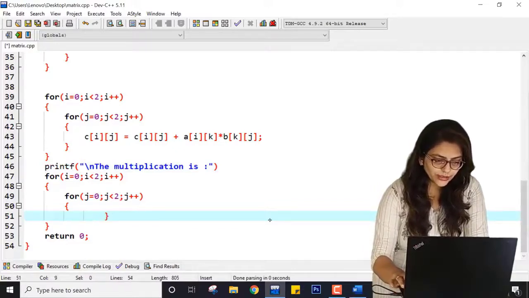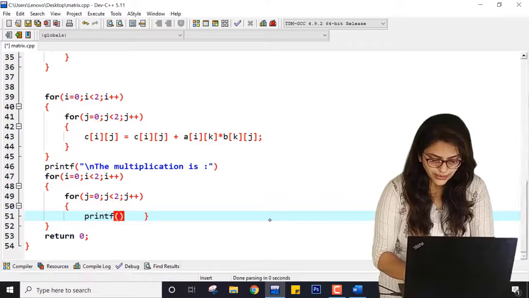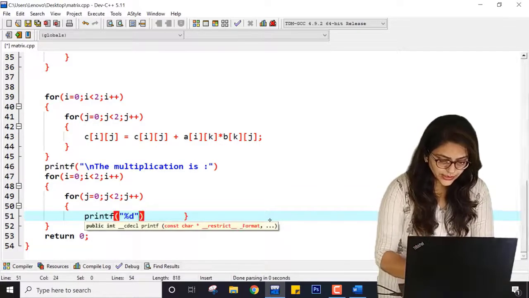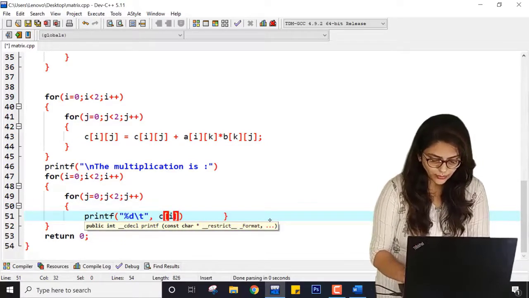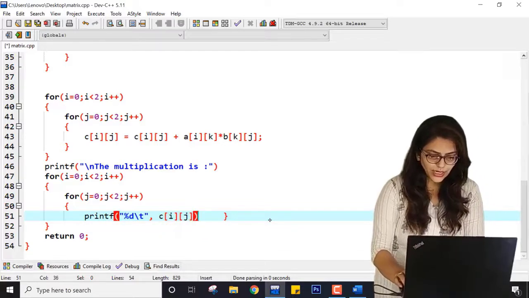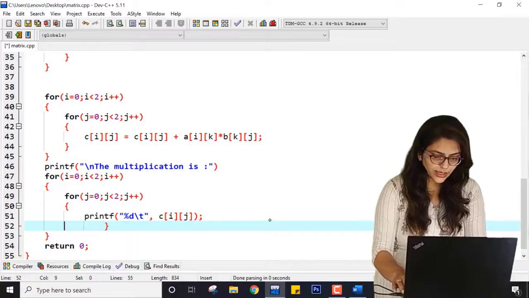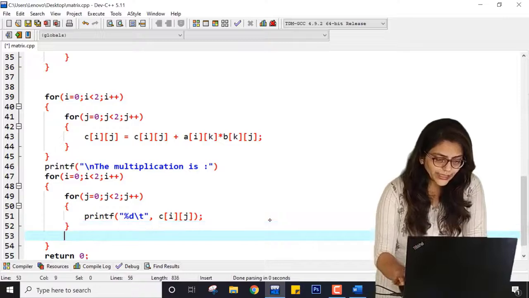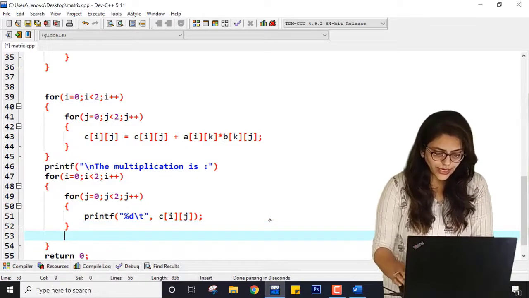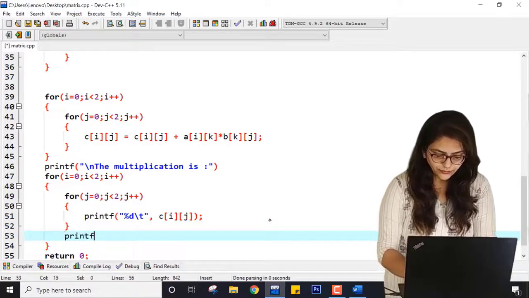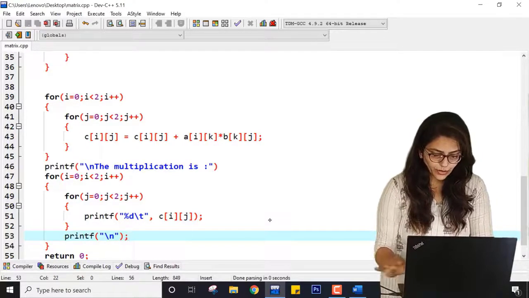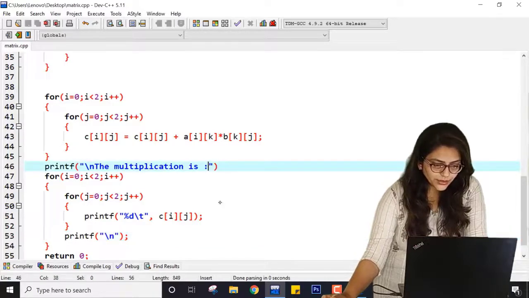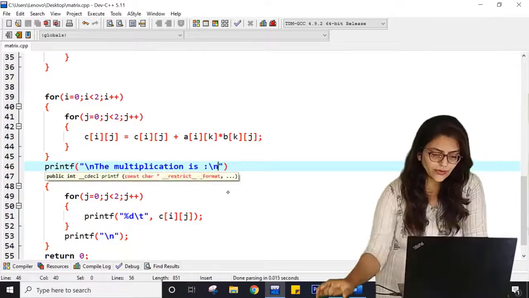So here you can write printf "%d" then tab, here it will be C of i, j, right? So you can write it like this, and for making output at a new line you can write printf "\n". Here after this put next line so that it will look good.